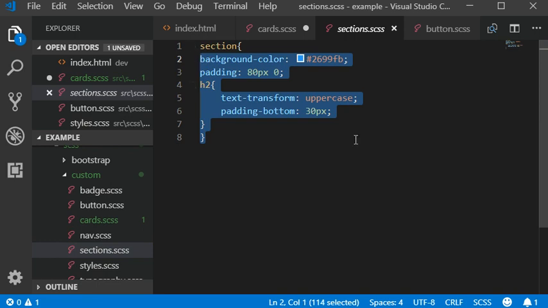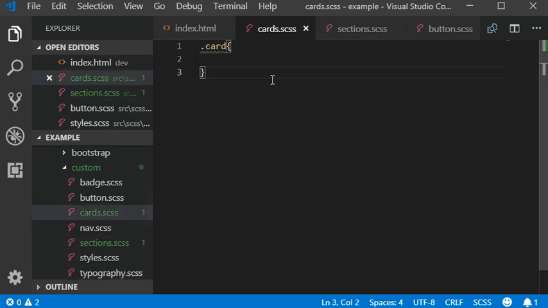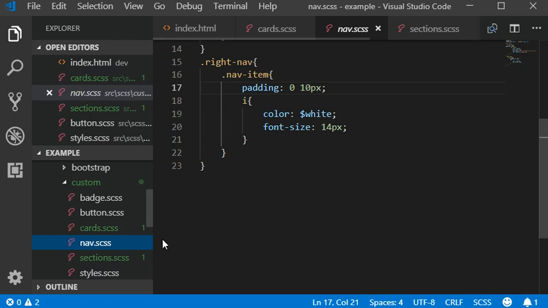So we can simply remove this one and save this one,